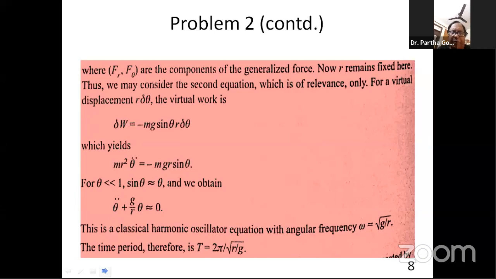We have from the second equation m r square theta double dot equal minus m g r sine theta, and for theta much smaller than unity, sine theta is nearly equal to theta. So this leads me to the usual simple pendulum equation, theta double dot plus g by r theta equals 0, which gives me the time period as 2 pi square root of r by g. Now with this we go to the 9th slide,